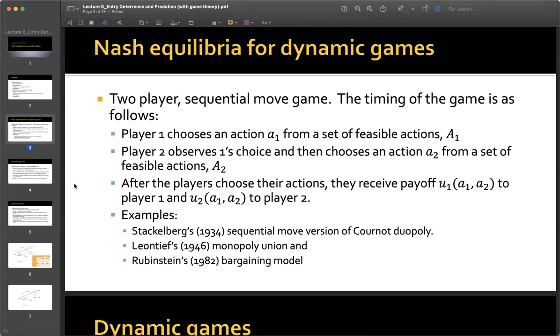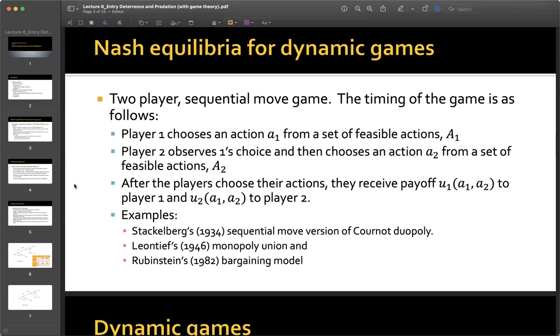So now let's talk about dynamic games, right? Nash equilibria. And here I repeat, pag sinabi natin dynamic games, we're really thinking here more of entry games, okay? Wherein the second player, the follower player, will decide whether they want to enter or produce some positive amount. So the timing is as follows. Player one chooses action A1, which is either like quantity or price, okay? It could also be, in other models, increase the capacity of your company, right? So there are different ways to do this game, but at this point, we will start with a generic A1 from a set of feasible actions, capital A1.